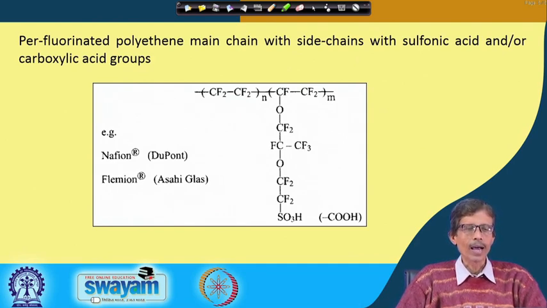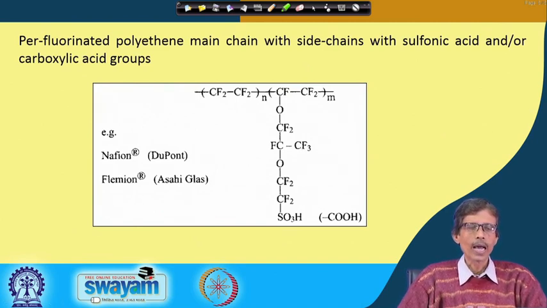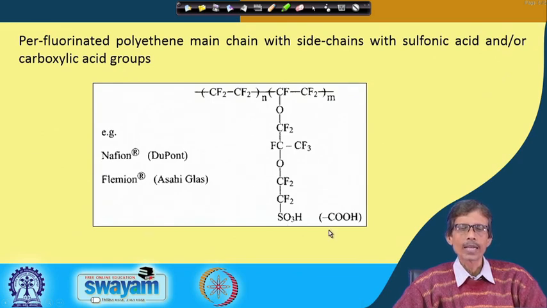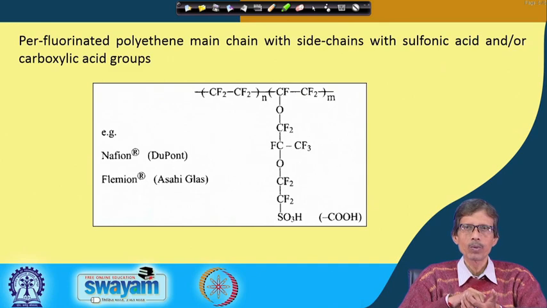So, Asahi Glass and DuPont, they are making these having a typical backbone. So, you have a perfluorinated polyethylene backbone like that of your Teflon, and you can have a side arm which is ending with a sulfonic acid or carboxylic acid side chain, but you can see that there are some ether oxygens also. So, ether oxygen placement within the backbone also gives you some material characteristics or some flexibility.